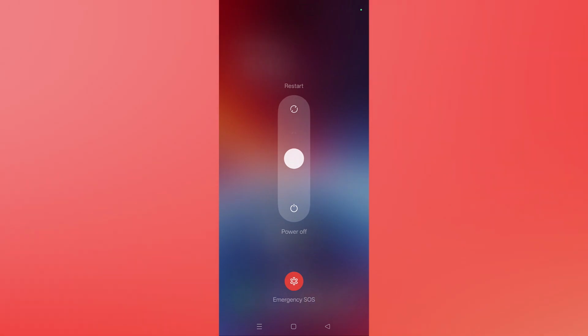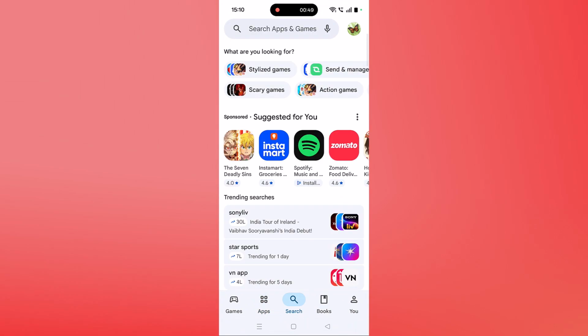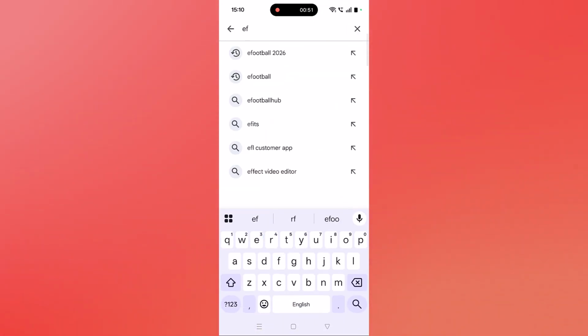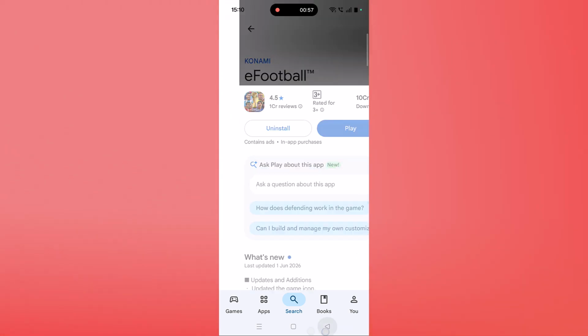Just restart your device, and once your device restarts, go ahead, launch the eFootball 2026 game and check if your problem is solved or not. The next solution is to check for an eFootball app update. Open Play Store, search for eFootball 2026 and tap on it. If you find any updates available for this app, then update it and then go back, launch the game